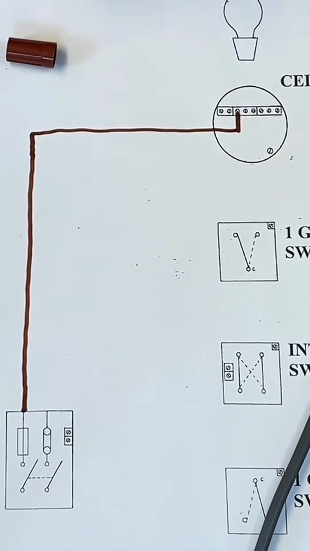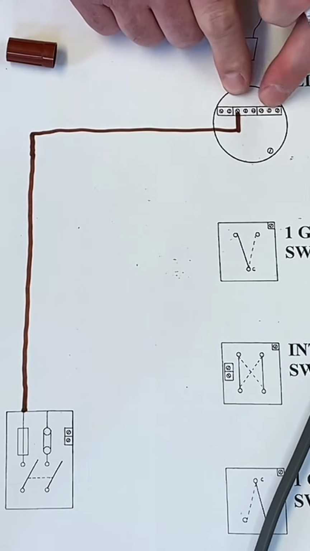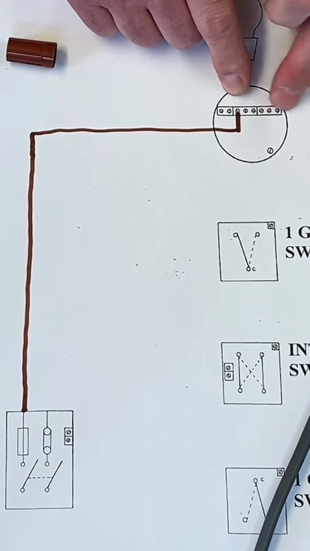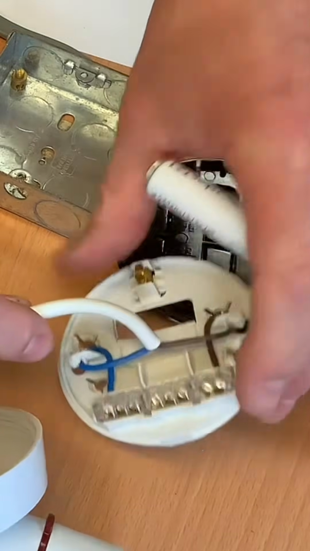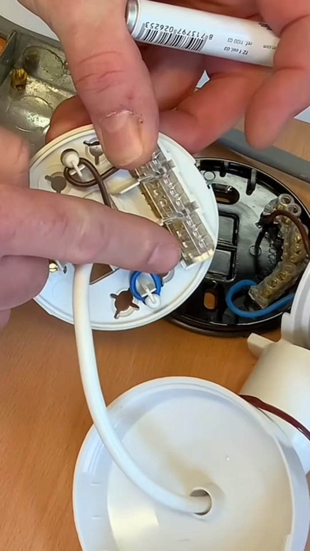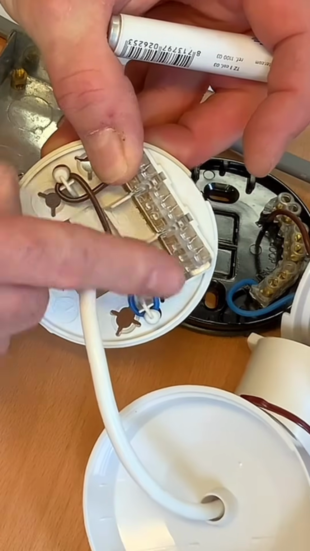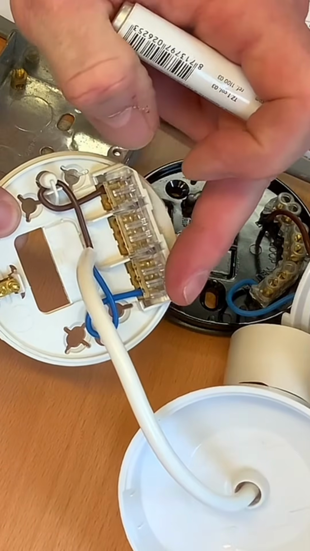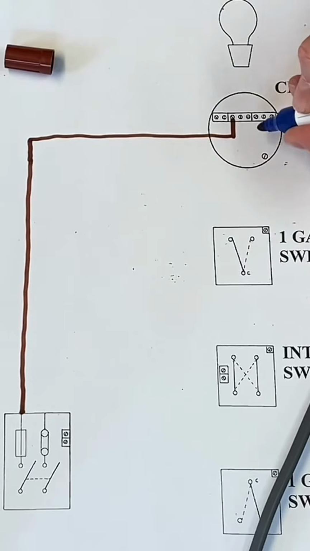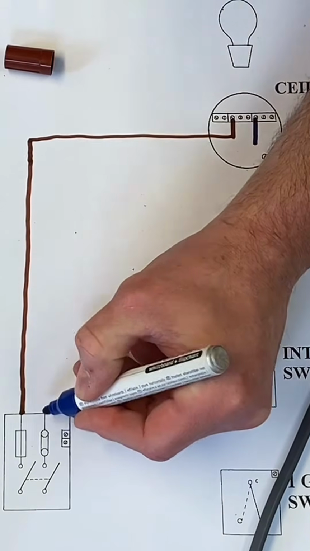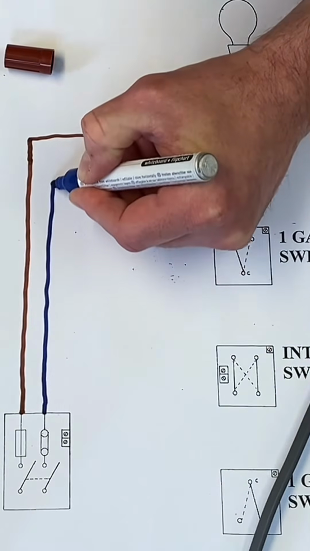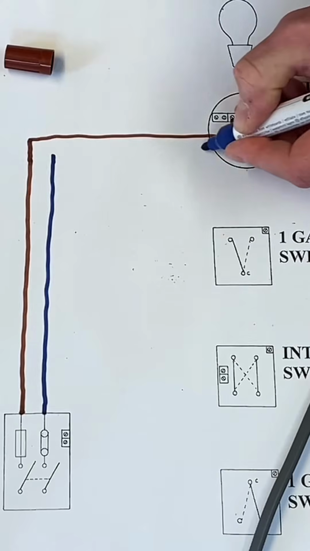Let's take next our neutral. Again, the block of 3 here, any of those 3 can be used for neutral connections. So as we look here, any of those 3 can be used as our neutral connections. It doesn't matter which one we go in. It's a brass block with 3 holes in it. So let's come out of this one here and bring our neutral connection round as best we can, straight as